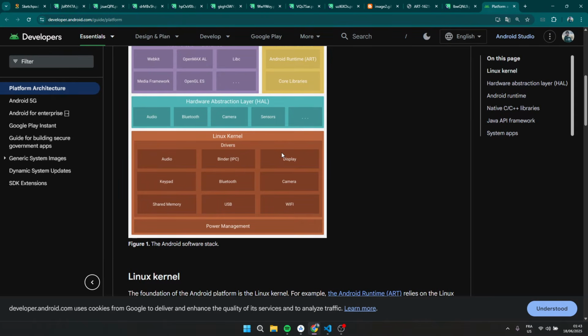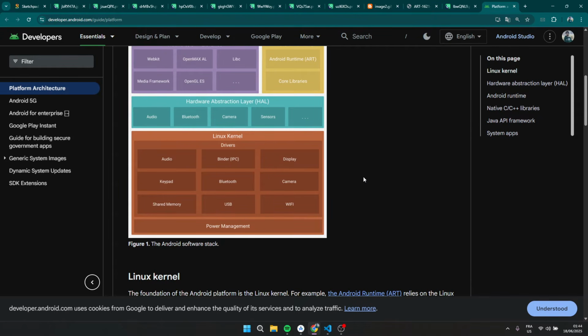And the last layer is the Linux kernel. I know everyone knows Linux. I guess most of my viewers know Linux. We've been dealing a lot with Linux. The Linux kernel is the one that is going to be interacting directly with the hardware. Now the question is, and I already said it in the stream but I will say it again, why the hell do we even use Linux? Why don't we use Windows, for example, or another operating system we can invent? The answer is pretty simple. Linux is just good at doing this job.